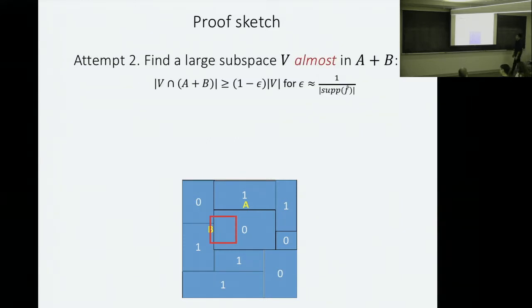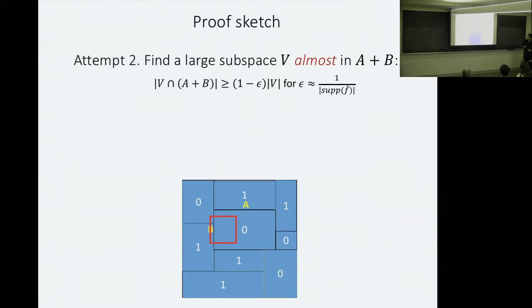Now the second attempt is that, well, maybe I don't really need to find a subspace that's entirely inside one of these rectangles. What if I find a subspace that's almost inside one of these rectangles, one of these subsets? When I'm talking about a subspace, I really just mean a subspace inside F2 to the n. But even though I show it this way, it's like a V. This is a subspace in F2 to the n times another coset of this subspace. Okay, just a